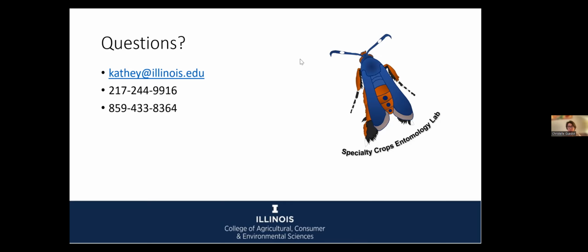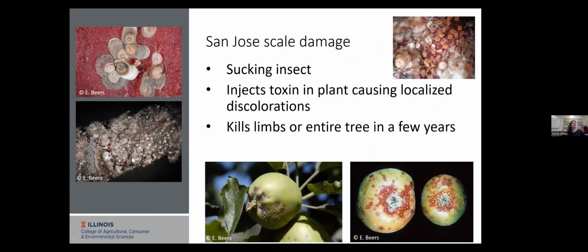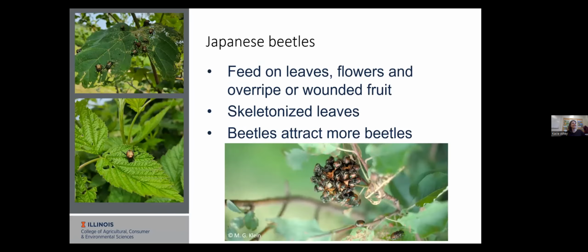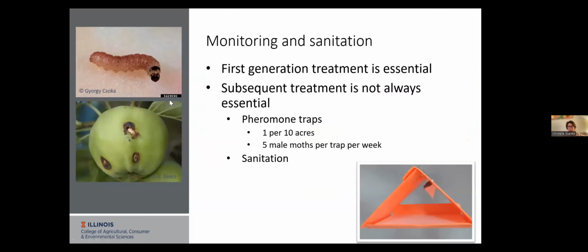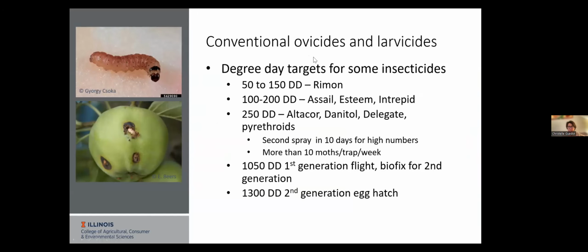Okay, so another question was, when should I spray the ovicide oil for codling moth? Yeah, so that one would be, did I have the degree day calculator for that one? Did I have the degree days in here? Let me just go back. Go way back. Yeah, I do not recall when the time would be for the ovicide. Yeah, because I've got all the degree days for